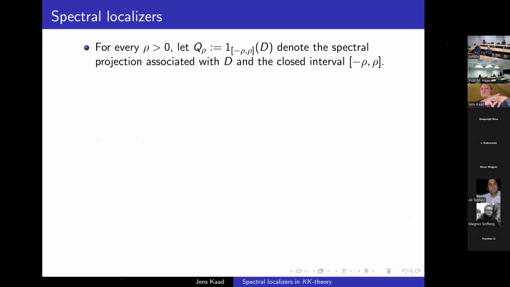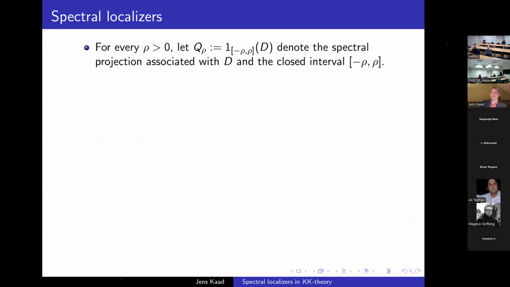And you see also immediately that it's actually a finite rank operator on this Hilbert space. Moreover, I'm here localizing in the spectrum of capital D, because this spectral projection really only depends on the part of the spectrum of capital D which is contained in this closed interval from minus rho to rho. So this is what I mean when I say spectral localizer. It means that I'm localizing in the spectrum in this fashion. I only see the part of the spectrum of D which is contained in this closed interval from minus rho to rho.